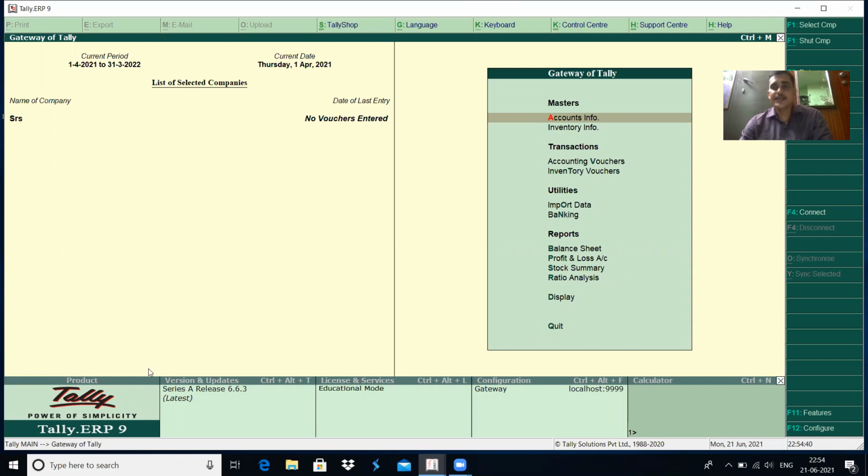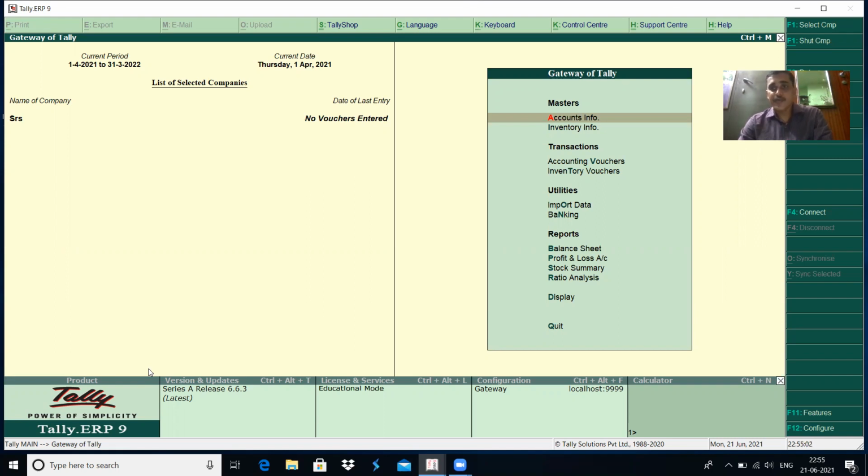While entering the transactions, first you have to concentrate on the groups. Apart from the 28 inbuilt account groups, if extra groups are required, we have to create them. In the last class I showed you the 28 inbuilt account groups and how to display them. In today's class, let us concentrate on how to create them.